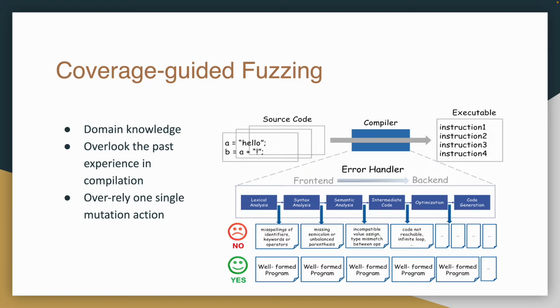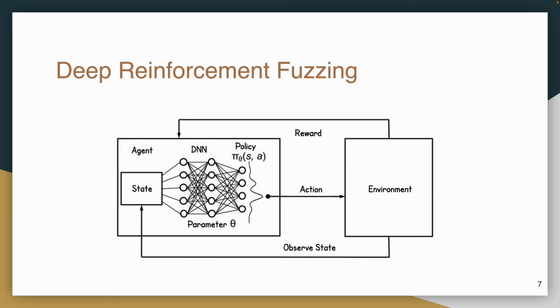Based on such observation, we formalize compiler fuzzing as a reinforcement learning problem and propose FUZZBOOST. The design of FUZZBOOST is inspired by the fact that fuzzing can be modeled as a learning process with a feedback loop, where the model aims to learn the mutation heuristics based on the feedback, which we also call rewards, from the runtime information for evaluating the quality of the current input.